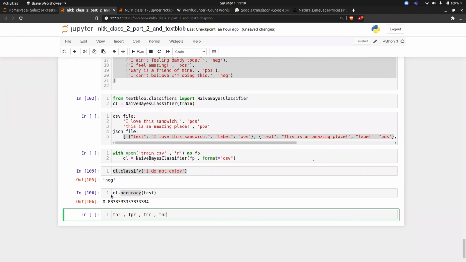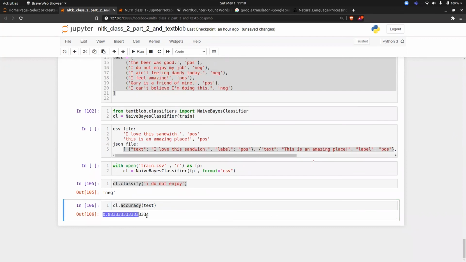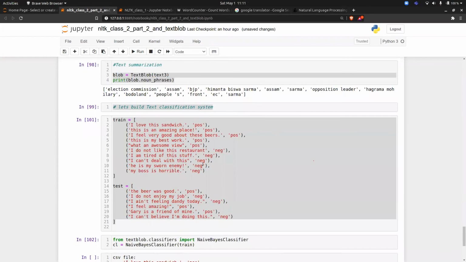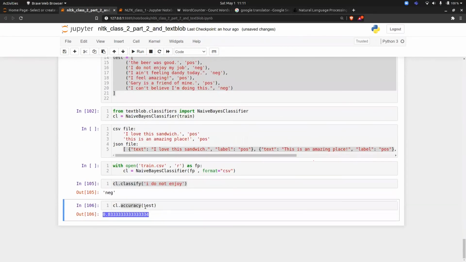You have to see all 4 values, and always the true positive rate and true negative rate should be high, and FPR and FNR should be low. So basically you have to check precision and recall. That's why it's 83%. Why 83%? Because my positives are more than negatives, or my negatives are more than positives. That's why accuracy looks good, but my model is not performing well.